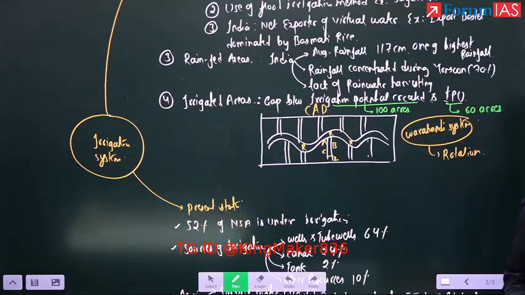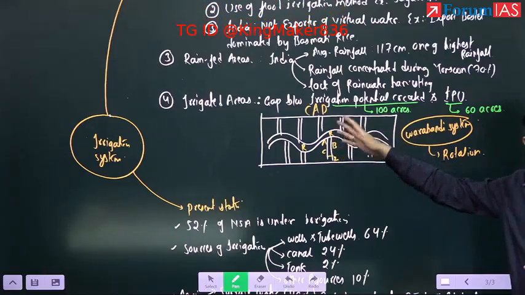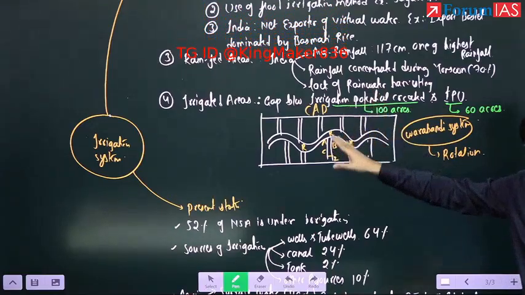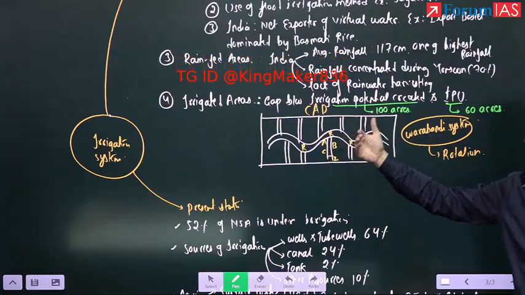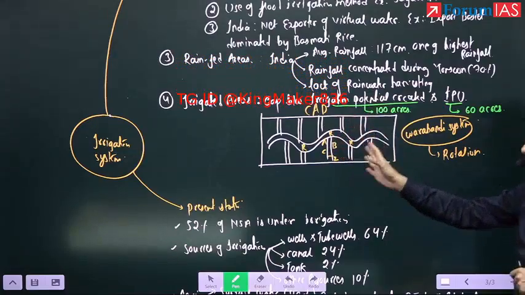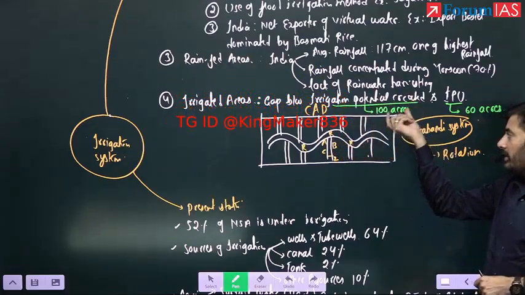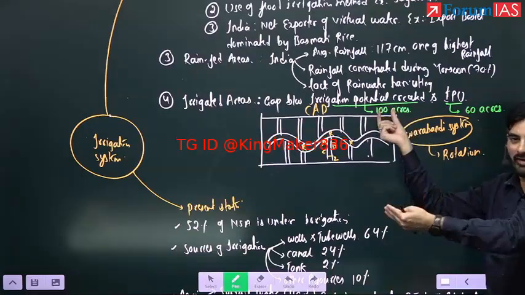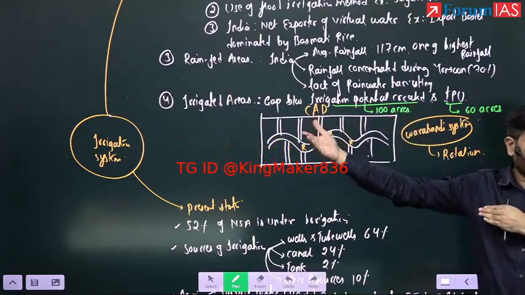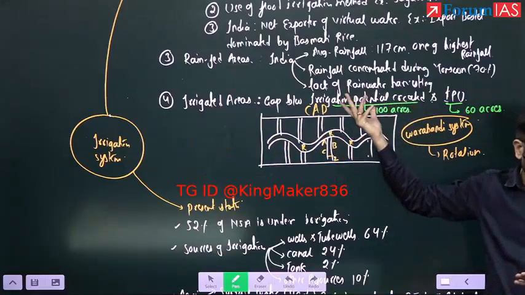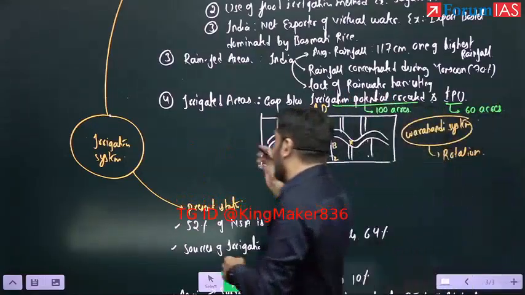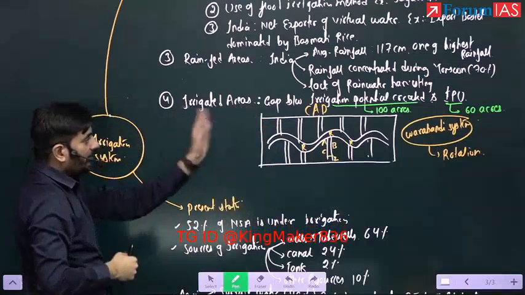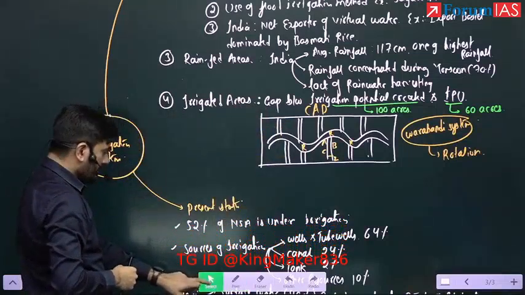So it's like saying a farmer was happily cultivating oil seeds, pulses, which require less water. Suddenly, the farmer is now having access to canal water. What will the farmer do? He will shift from less water intensive crops to more water intensive crops like rice and sugarcane. This command area development is supposed to irrigate 100 acres of, let's say, pulses or oil seeds. But now we are irrigating rice and sugarcane. So that is why the gap will widen. Okay. So these are the points that you should write under the gap between IPU and IPC.